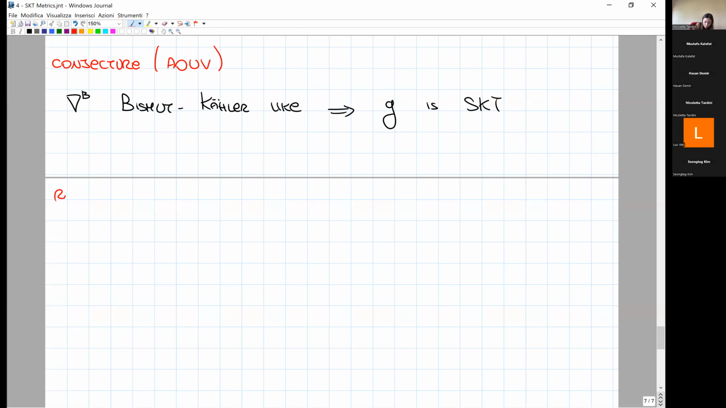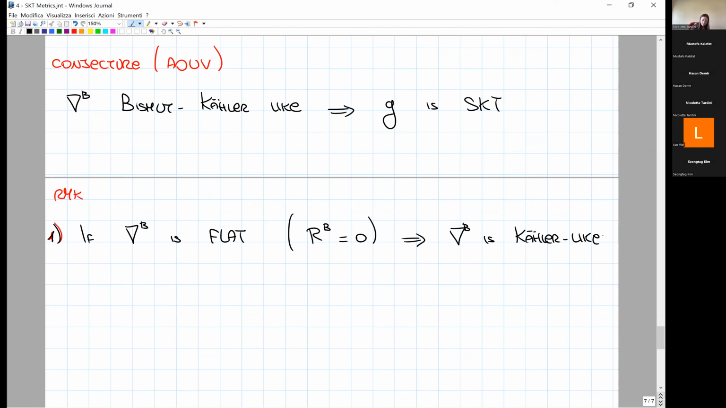So first of all, the first remark that I haven't made yet, but maybe you already thought about this, is that if nabla B is flat, which means that the curvature of the Bismuth connection is 0, then of course it is Kähler-like. I mean, all the symmetries for the curvature are trivially satisfied. So if nabla B is flat, then of course nabla B is Kähler-like. Okay, obviously. And in fact, Wang, Yang, Zhang